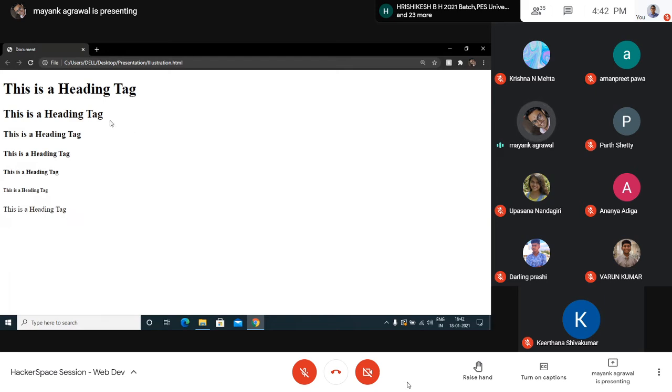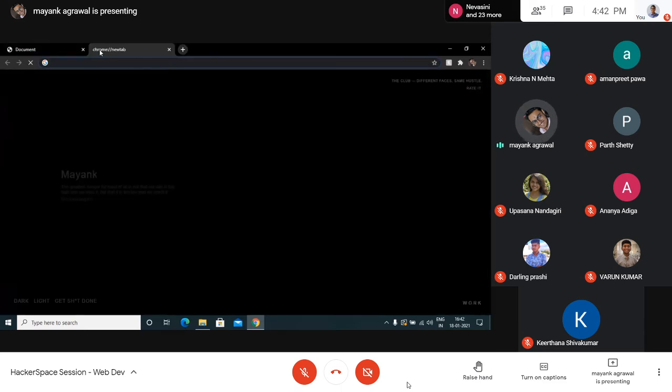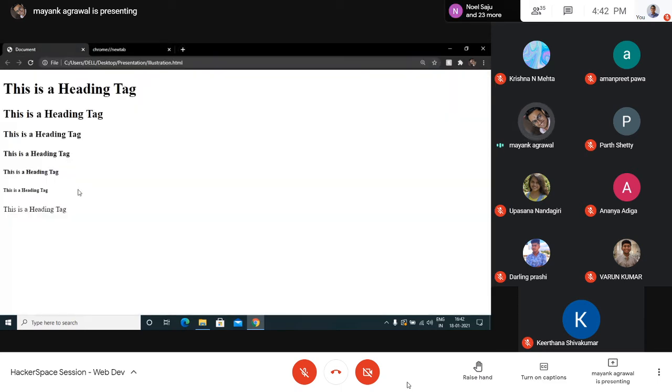If you also notice properly, you'll see that the heading tags over here are bold, or kind of bold, but these aren't bold. This differentiation is created by HTML so that it's easier for users to determine, okay, I have a heading, just to create some difference between a heading and a normal text.